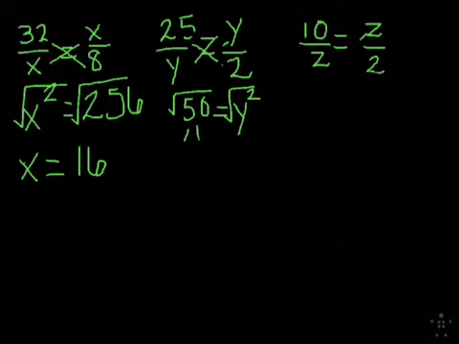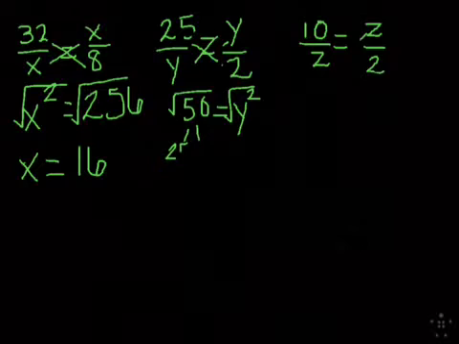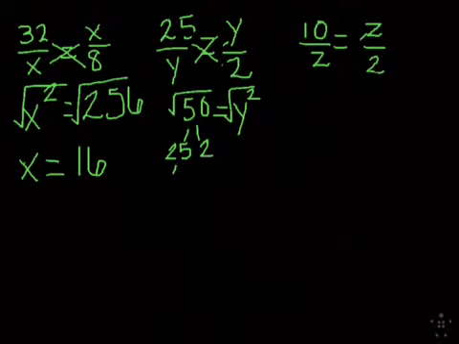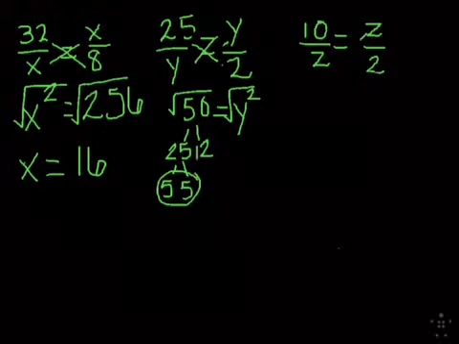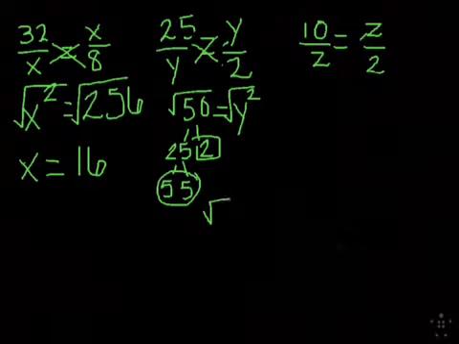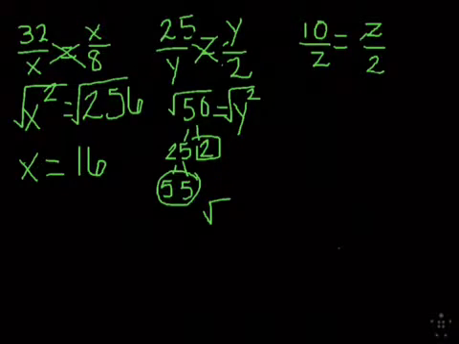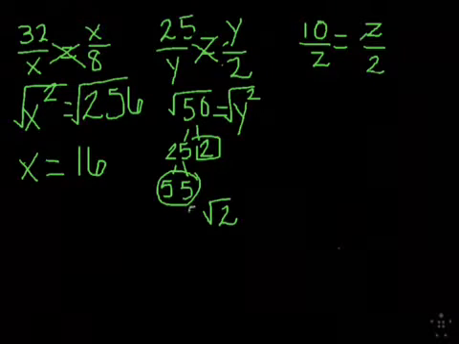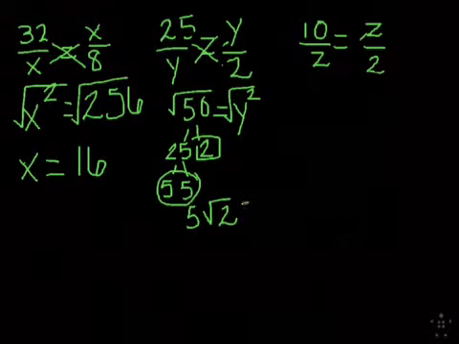If we do prime factorization, 25 times 2 is 50, and 25 is 5 times 5. We have all prime numbers now, so I have a pair of 5s and a 2 left over. Remember, the number that doesn't have a pair stays inside of the radical, and one number from the pair comes out,